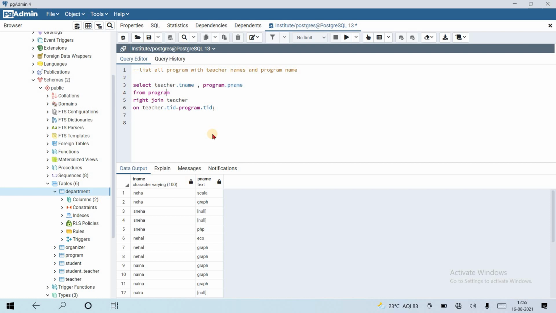Suppose, can we use a where condition? Okay, let's see with the help of an example.